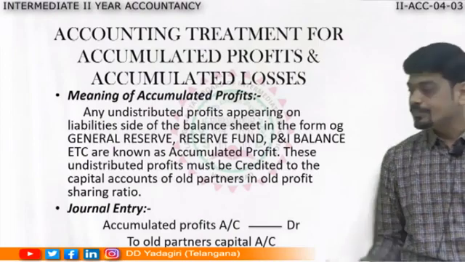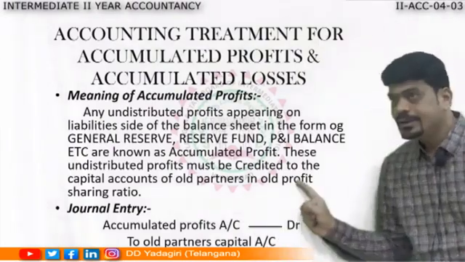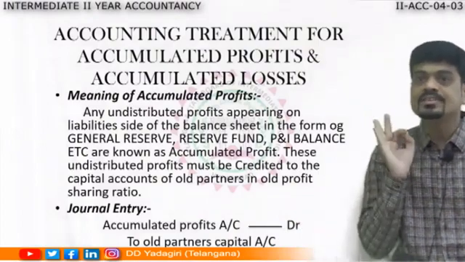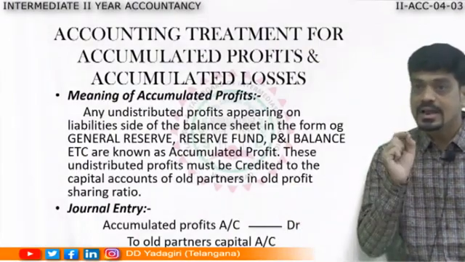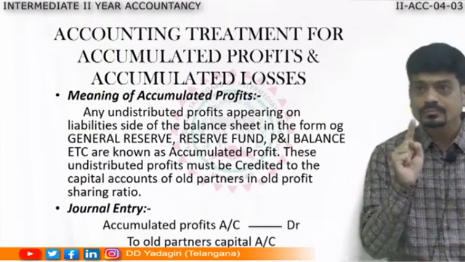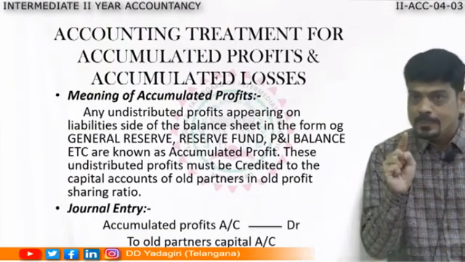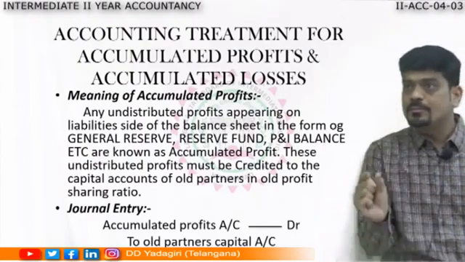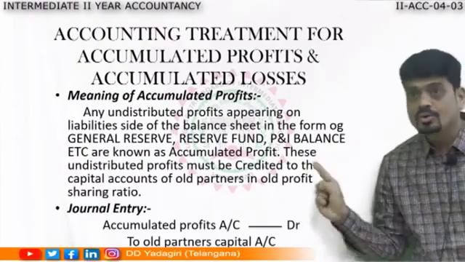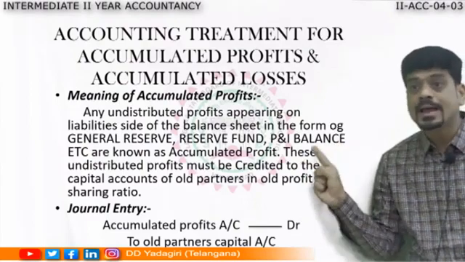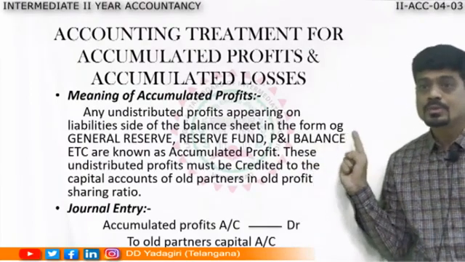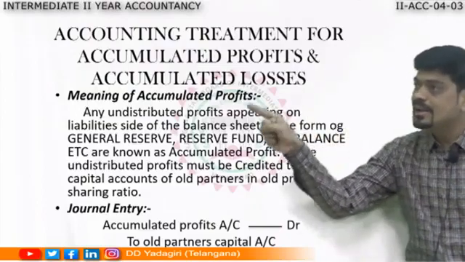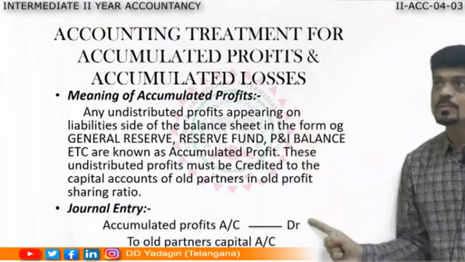Next important point, this accumulated profit is a liability. Keep in mind, liabilities show credit balance, and I told we'll prepare the account. So whenever we prepare any accumulated profit account, that accumulated profit amount will be written in that account on the credit side by balance brought down. That I am going to teach you in detail again when I solve the problems. So this is accumulated profit.